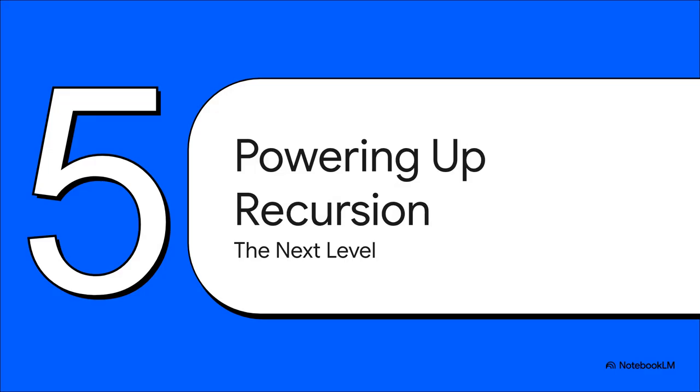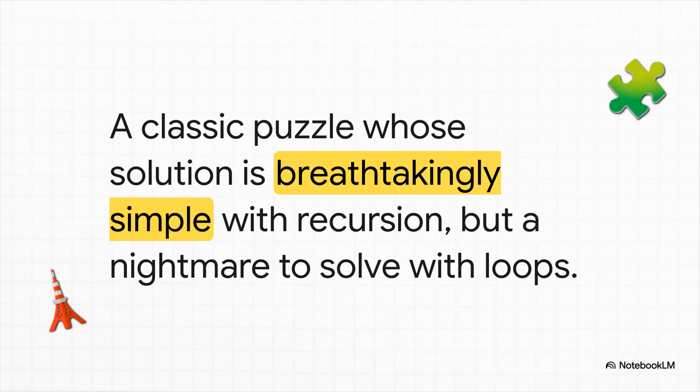But here's the thing. Recursion isn't just a fancy way to write a loop. It really starts to shine when you get to problems that are just a huge pain to solve any other way. So let's look at where it really flexes its muscles and a cool trick to make it even more powerful. A perfect example is the classic Tower of Hanoi puzzle. The goal is to move a stack of disks from one peg to another, with a couple of simple rules. Now, trying to solve this with a loop is a real head-scratcher, but the recursive solution is incredibly elegant. It basically says, to move a big stack of disks, you just need to know how to move a smaller stack of disks out of the way. It's a perfect example of a problem that's practically begging for a recursive solution.